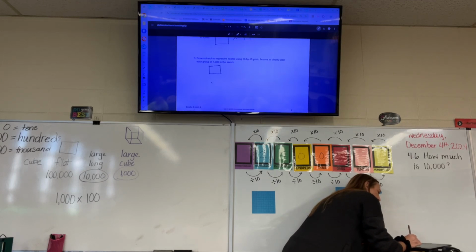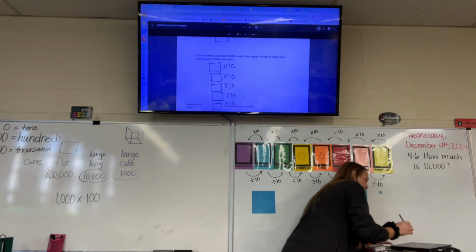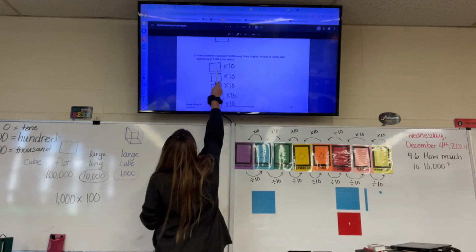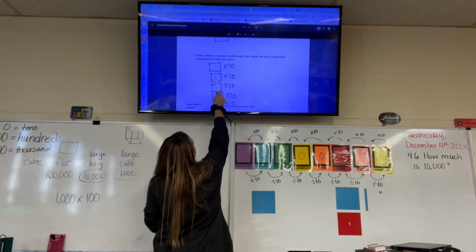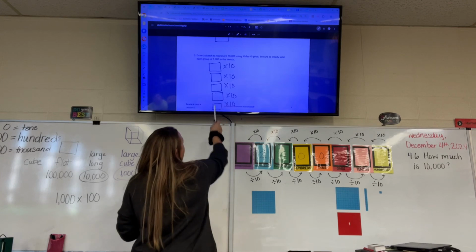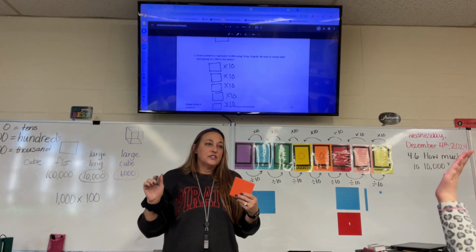We're going to do 2 groups of 5. 1, 2, 3, 4, 5. And each one is times 10. So that would be 1,000. So 100 times 10 is 1,000. 2,000, 3,000, 4,000, 5,000. But we have to get to 10,000. So what do we need to do? Times